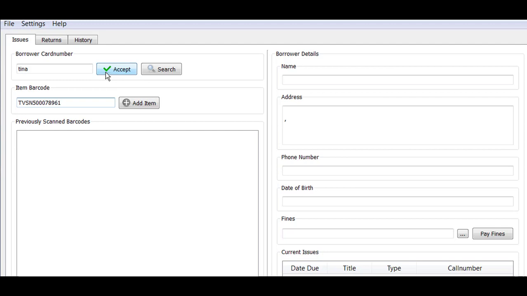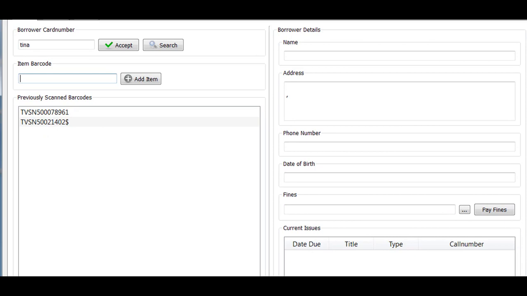a lot easier for you. And then once I hit add item, it's going to populate down here. And if she had multiple ones, which she does, I'm going to go ahead and add that in there. And hit add item. Now, the first transaction that you do on this Koha offline circulation tool, you are going to have to